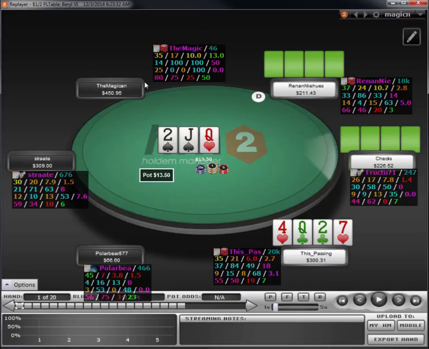Especially heads up, but especially multi-way, I think people are c-betting really tight. And I didn't want to check call it either because it can get really dicey on turns. So I wanted to protect my hands, maybe fold out some hands with equity and just kind of take initiative. So I decided to lead